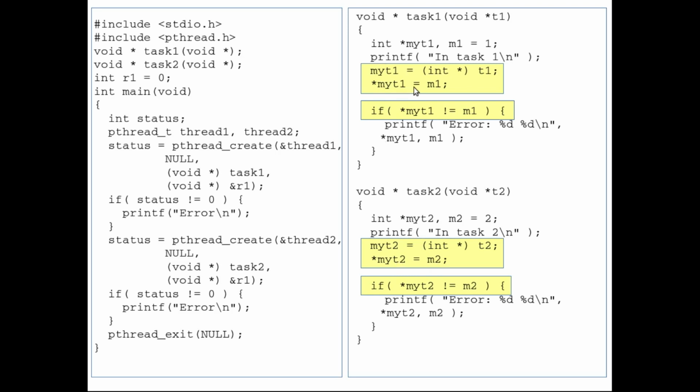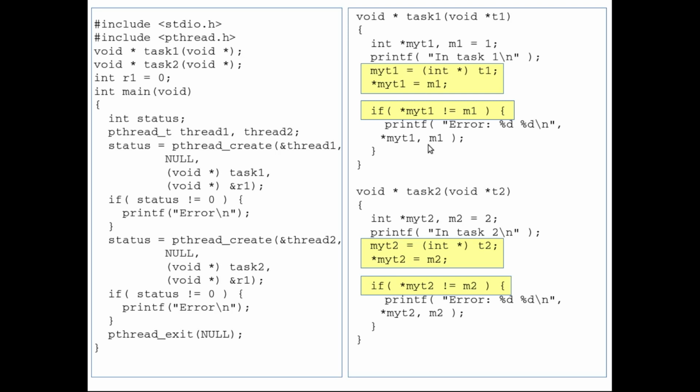So between this assignment statement and the if statement, thread 2 may modify the value of the global variable. In that case, when we do this check in the if statement, the two values may not be equal, because in the meantime thread 2 has modified the value of r1. So when we have concurrent threads, this kind of error may happen.